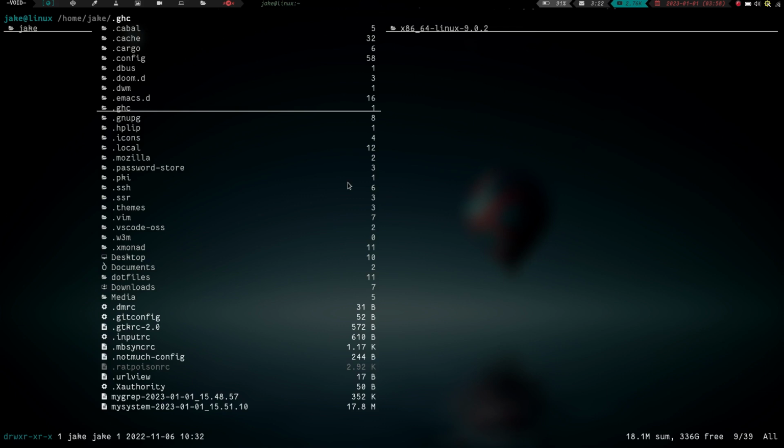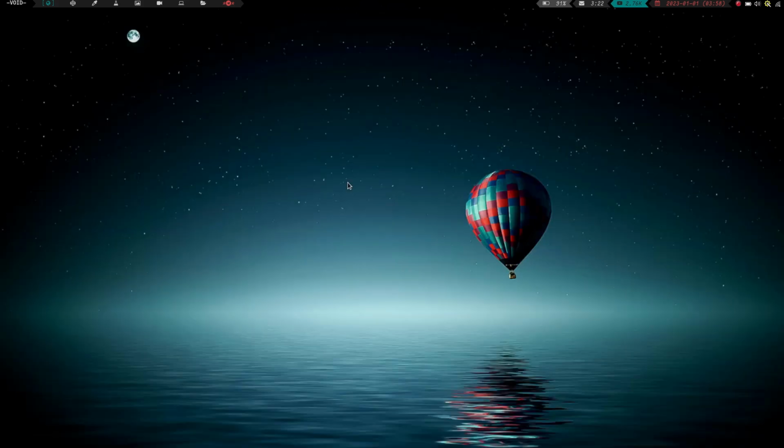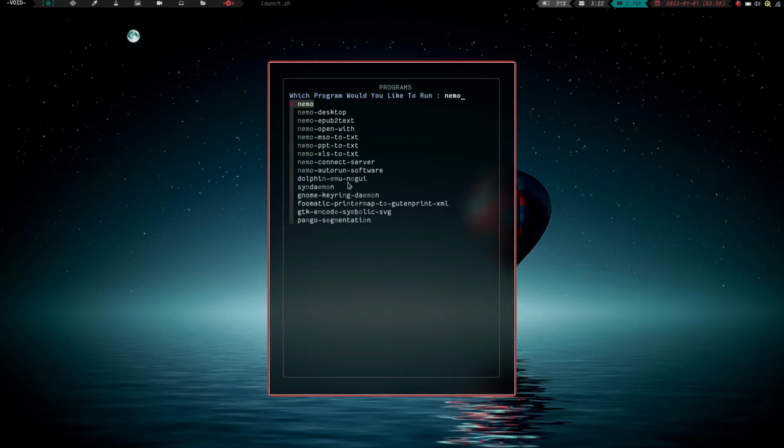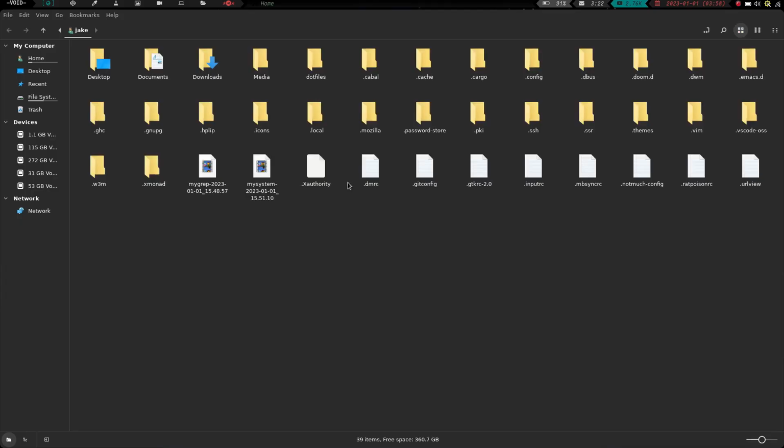Now, if I need to use a GUI file manager for anything, then my go-to is Nemo. I really like the Nemo file manager. I was introduced to it, obviously, when I started using Linux Mint, my first distro that I ever used, and I just really like it. I like the way it works. I like the way that it functions and the abilities that it has. It's super easy, and it was,